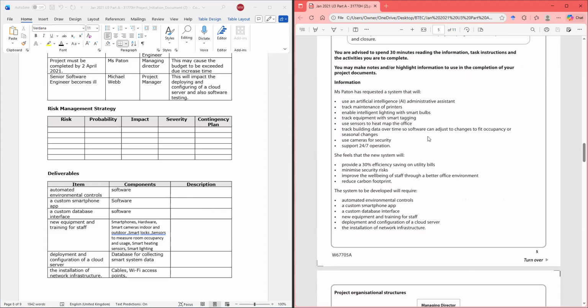So what it will do is improve the well-being of staff through better office environment.